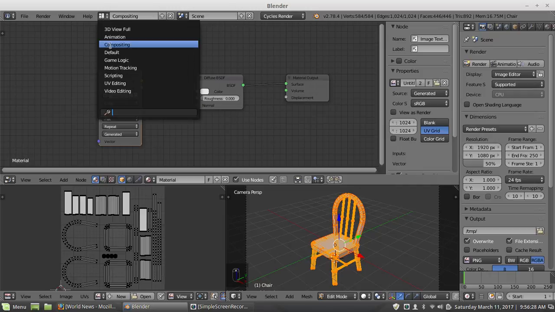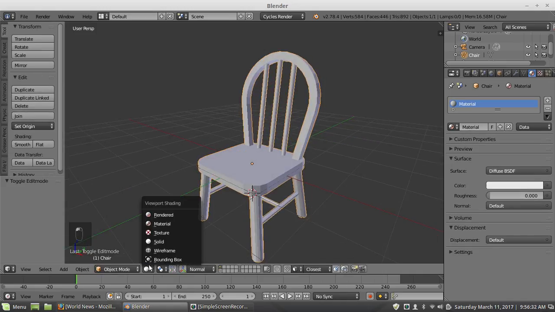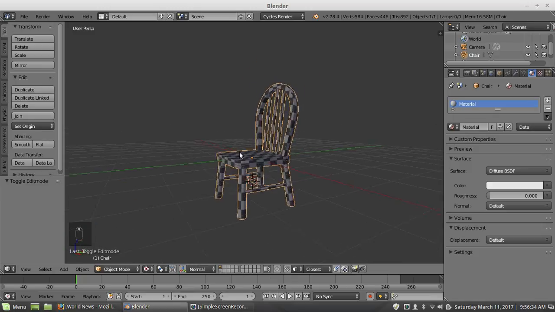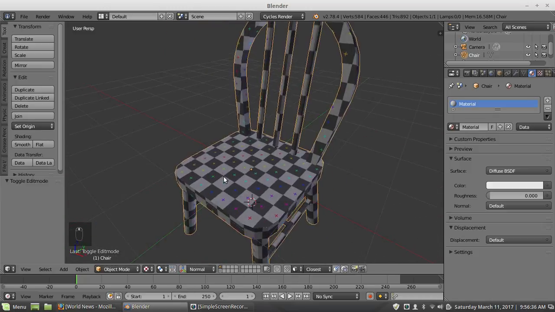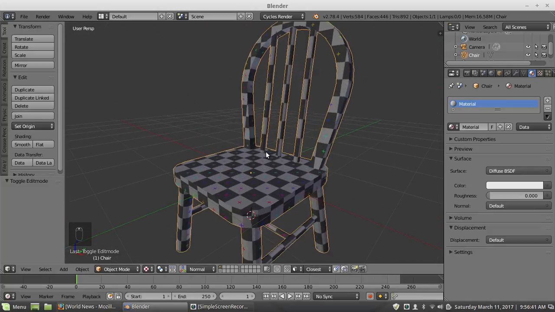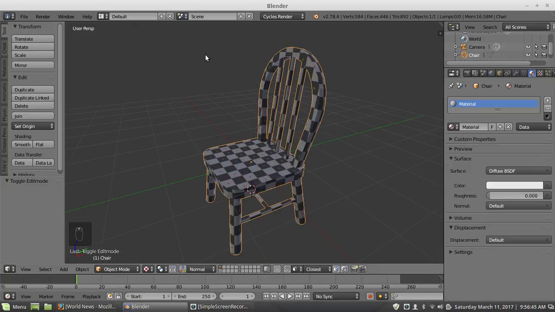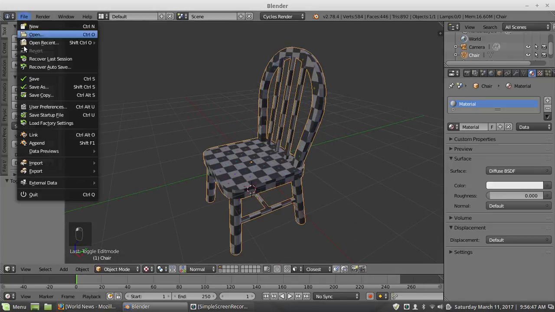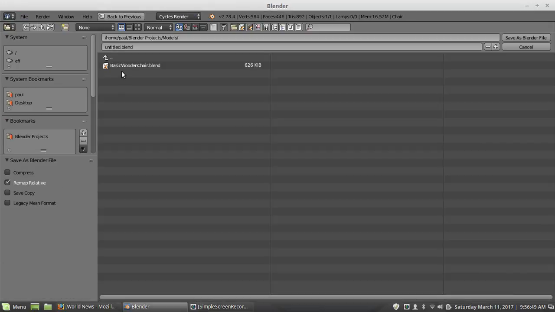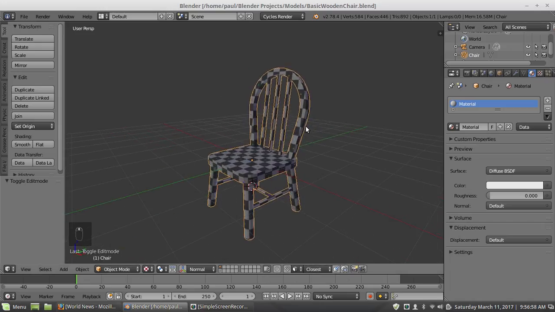So now if we look at it in the display mode and set this to textured, it should be visible. So now we can see if there's any weird stretching or stuff going on. And since this isn't smooth and it's low polyish, that should be good enough. You got a chair, and it is pretty much ready to go. So I am going to do File, Save As, and I'll just replace this other wooden chair. It should be the same. But normally you would name your files and save it, and there you go.